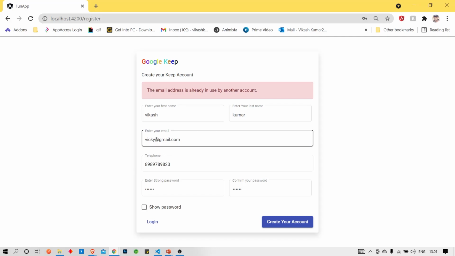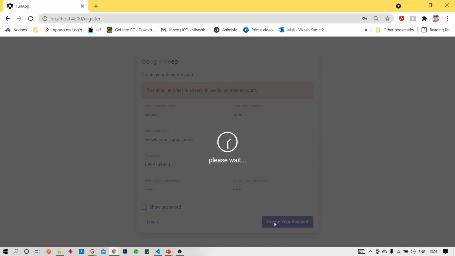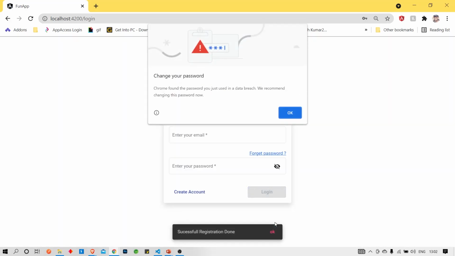So we will modify the email. I have given Vicky Kumar, and we will try to create. Yeah, here you can see the registration is successful, registration done.